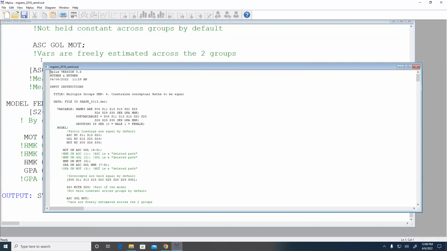So, okay, let's look at page 44. If you look at page 44, we need to constrain the means and the intercepts to be equal across the two groups. So how am I going to do that? Remember, means and intercepts are always in those brackets. For academic self-concept, goal evaluation, and motivation, those are latent variables.